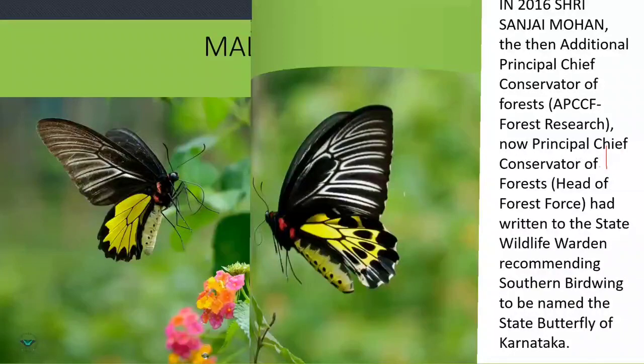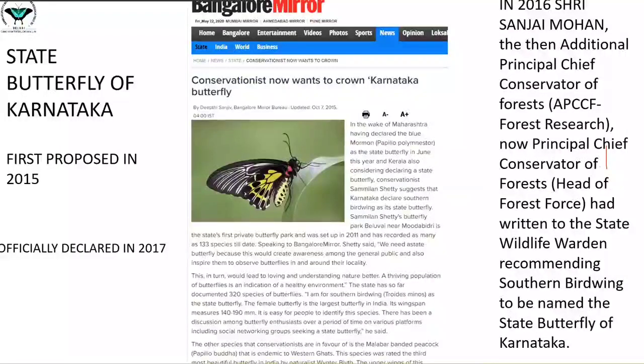The state butterfly of Karnataka was first proposed in 2015, and my interview also appeared in Bangalore Mirror in October 2015. Sri Sanjay Mohan then wrote to the principal chief conservator. He was then the additional principal chief conservator of forest. Right now, he's heading the forest force of the entire Karnataka state. He wrote to the chief wildlife warden and the government,